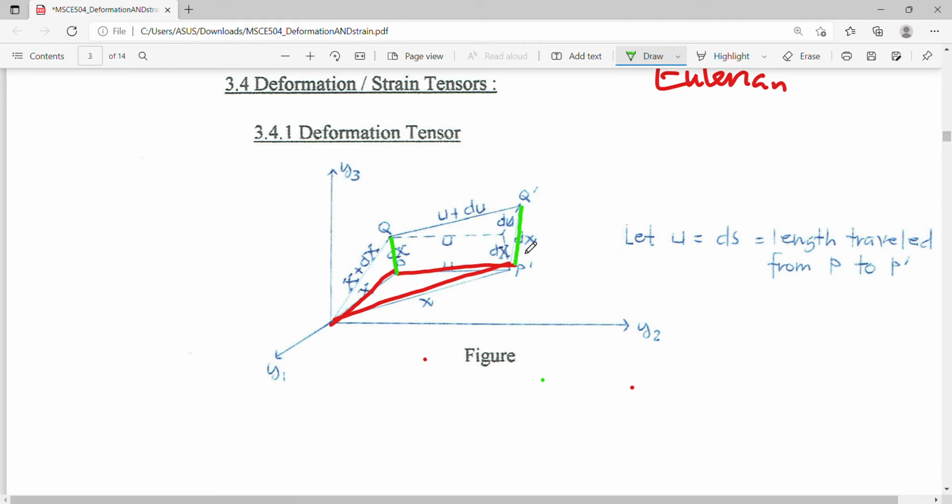Okay, so this becomes now the new vectorial triangle,